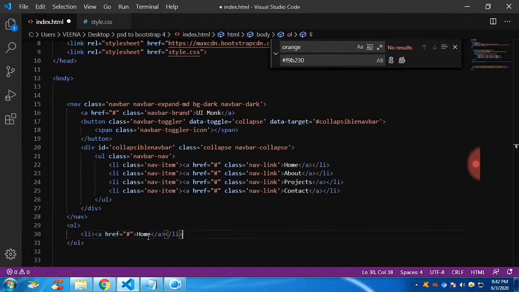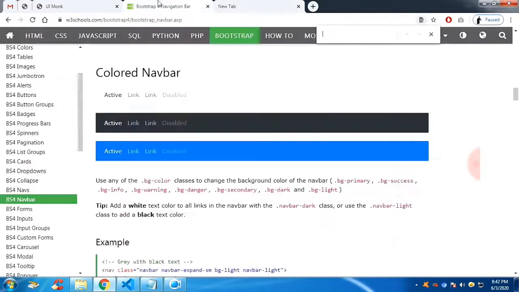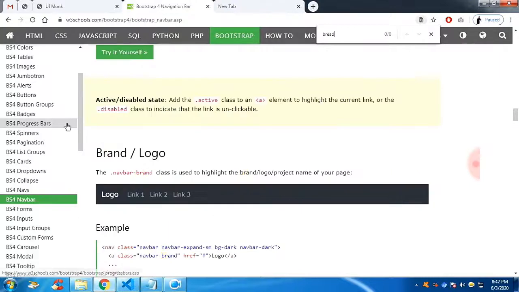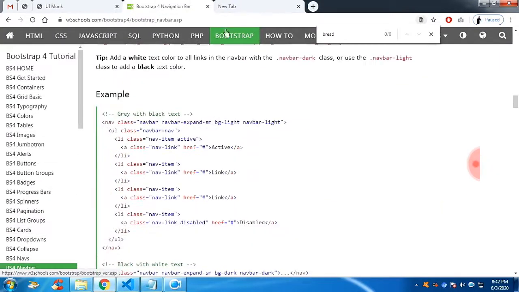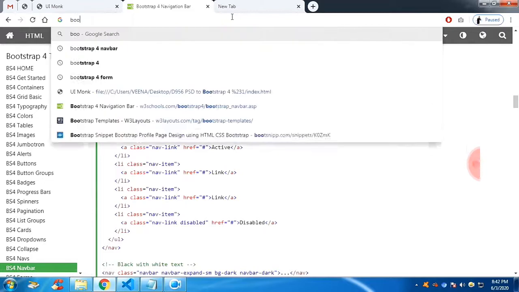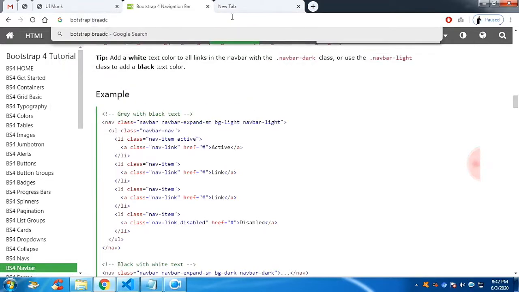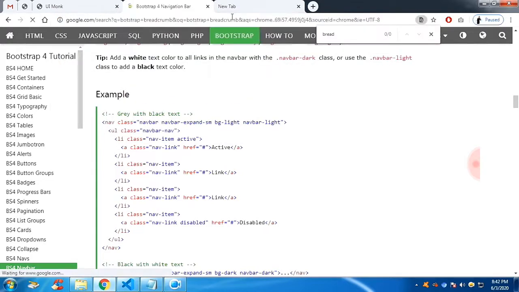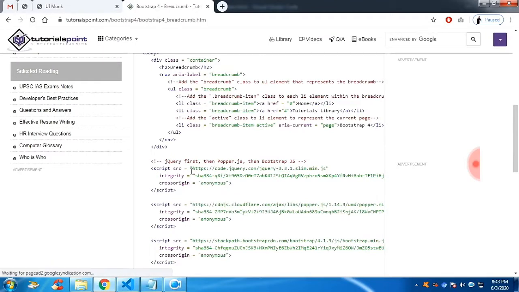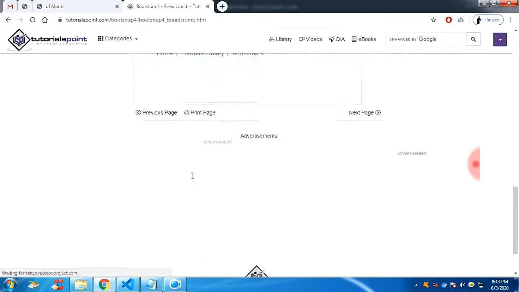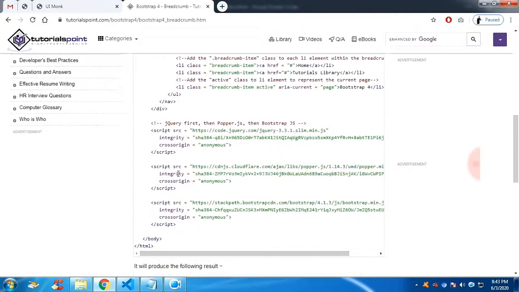Now let's add the bootstrap class. Let me change the name to contact. So this is how it will look. If you want, you can go to Google and type and get the classes for Bootstrap 4 breadcrumb. Let me show you how to get it. This is a page where you can get the Bootstrap breadcrumb code.